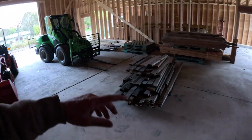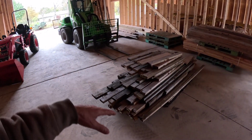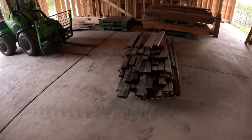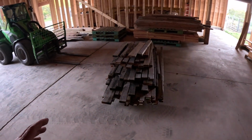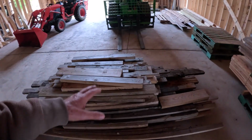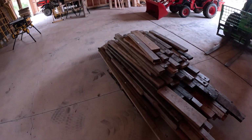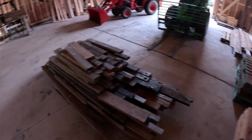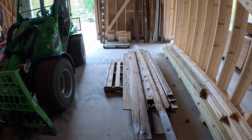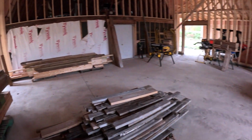I worked on consolidating, getting all the wood up, and then I went out back and got another pallet. So here we've got 2x4s on this one, and some 2x3s down there, a couple of 2x6s. I'll figure out how I'm going to organize these and decide what's worth keeping, what needs to go into hugelkultur beds, and that sort of thing. But it didn't make any sense to just leave this out there any longer. Just got to sort through it all. I have the rest of this to sort through as well. We're finding some good stuff, but a lot of really moldy stuff that's just shot, unfortunately. So anyways,